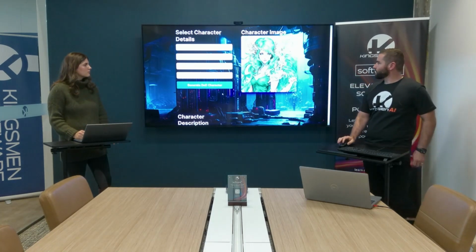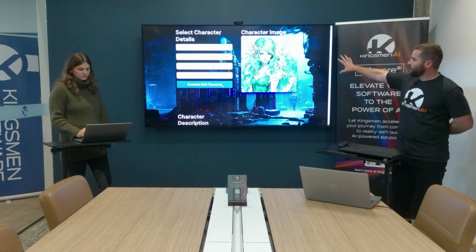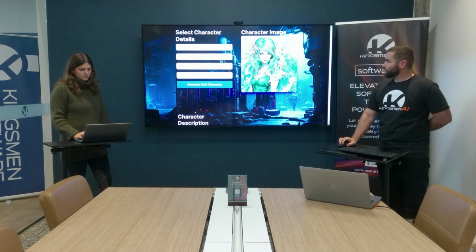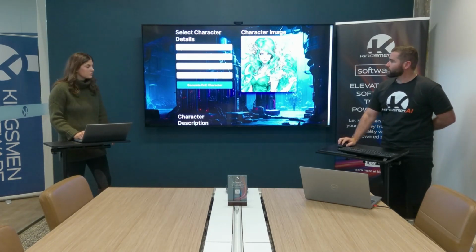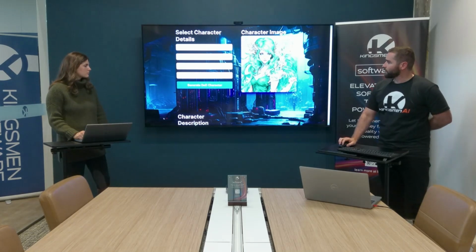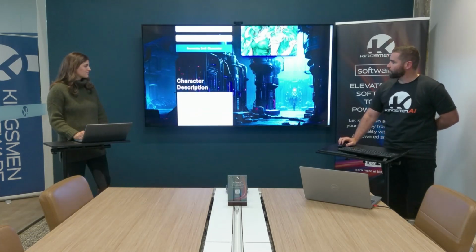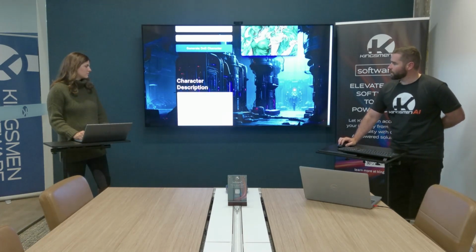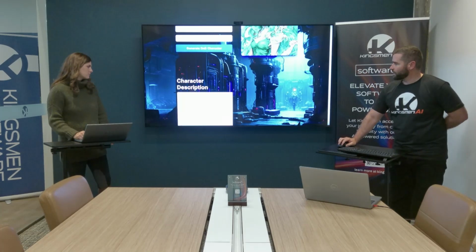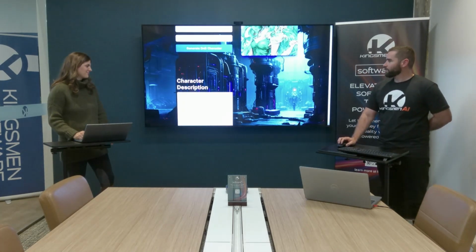So that process has completed, and we've got our image for our character that takes in some of the aspects. Obviously, female and green are pretty prevalent there. And as we look through some of our description, you can see things about how her hair is green, and we get into some of the other details around our character. And we see here where it's bonded with the spirit animal, a seahorse. So we're getting all those details back in our character description.